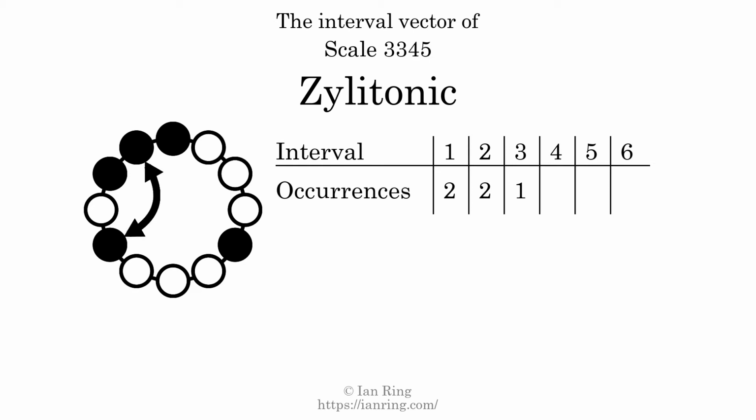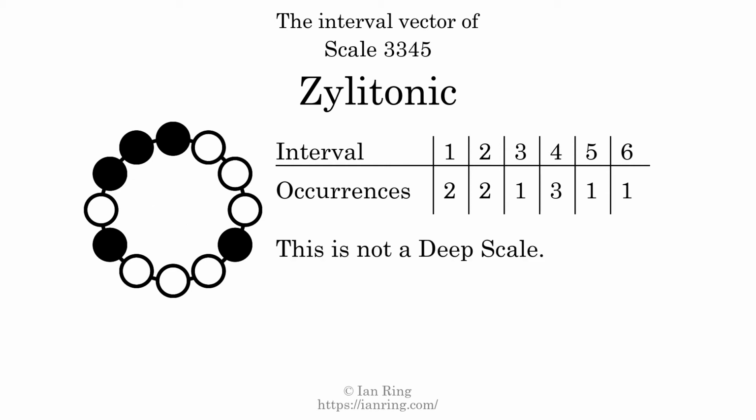It is here. There are 3 intervals with the size of 4 semitones. They are here, here, and here. There is 1 interval with a size of 5 semitones. It is here. There is 1 interval with a size of 6 semitones. It is here. Each interval does not appear in this scale a unique number of times, so this is not